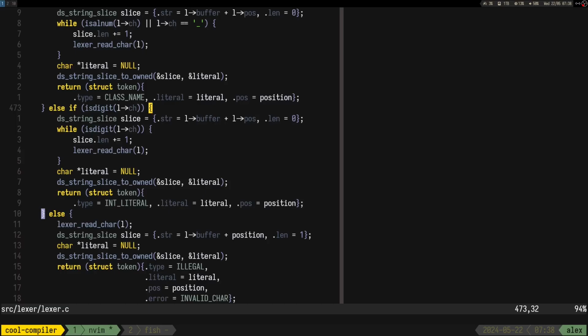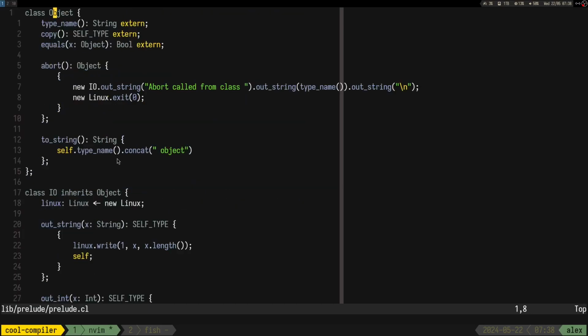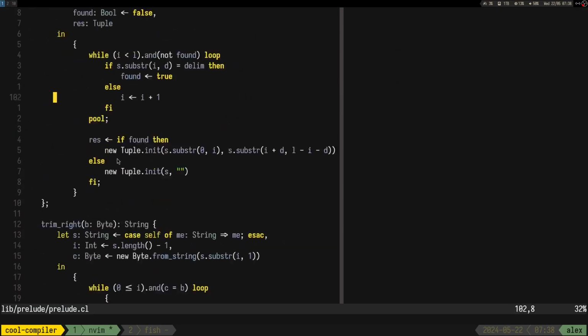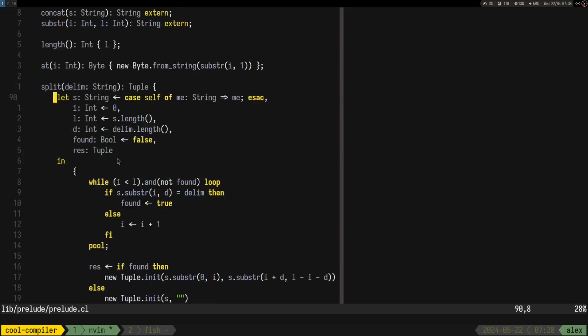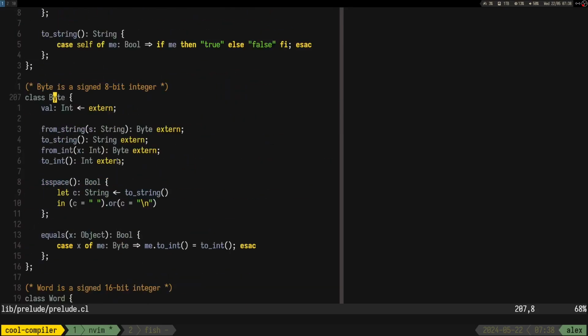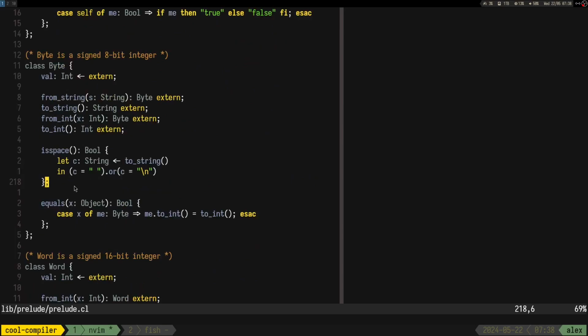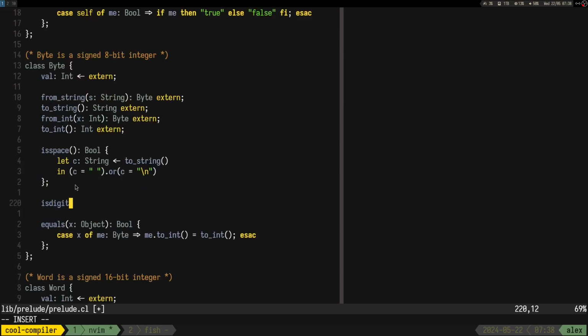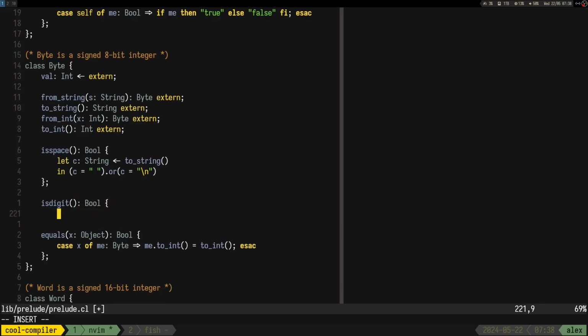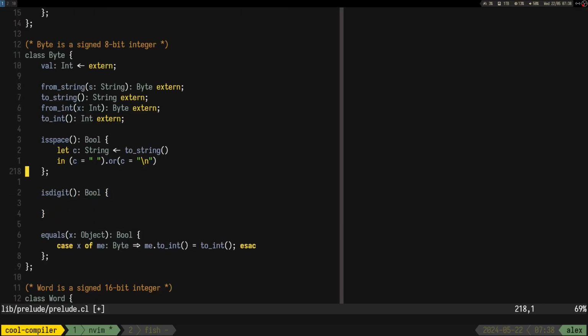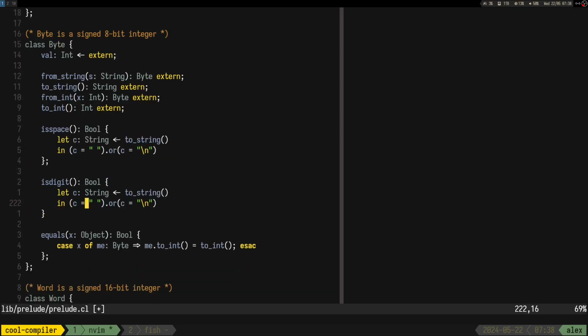So I guess we need a separate thing for each digit. So in byte, is digit. We have to do the same thing, sadly. It's going to be 0, 1.